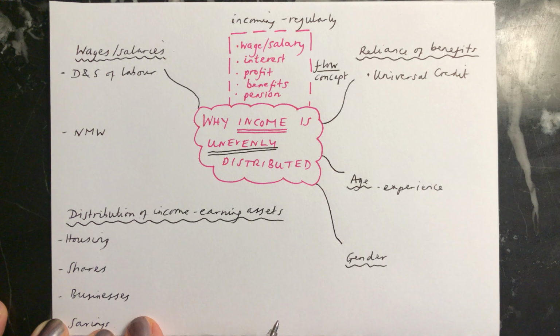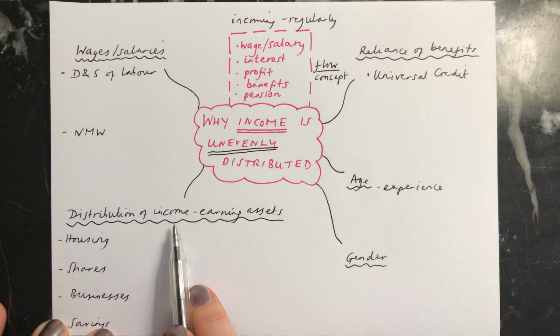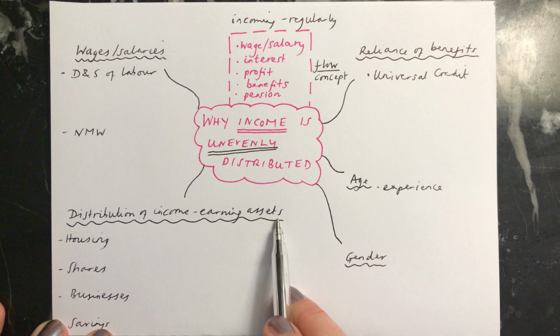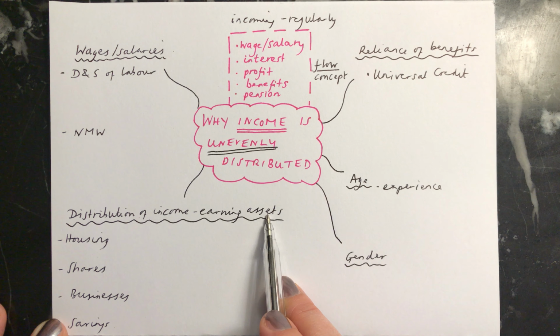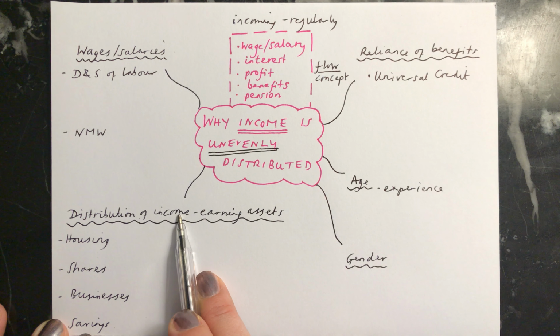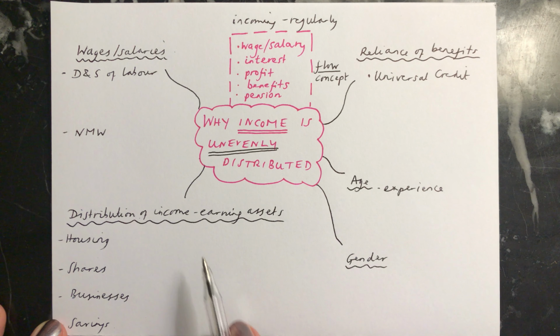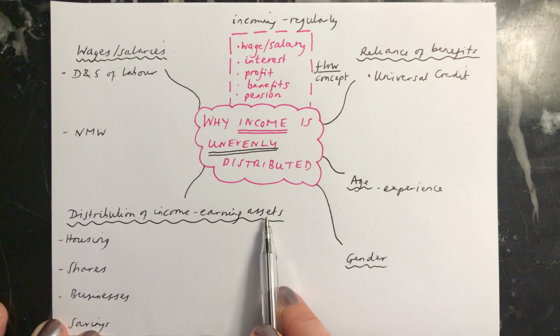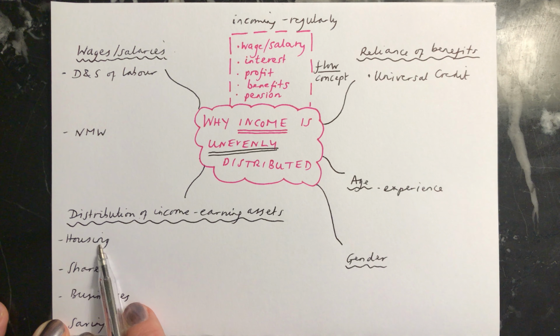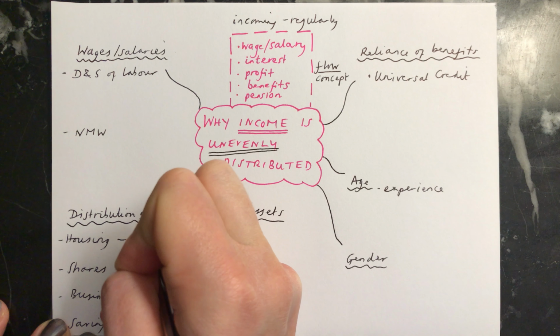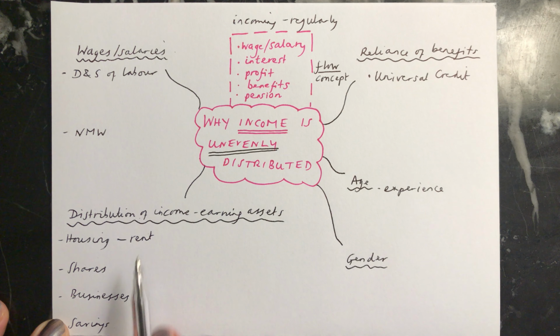The final one, which is a bit more detail, is about the distribution of income earning assets. We learnt in one of the previous videos how the other type of way that you can get money is you can own assets, and when you own an asset, it can give you an income. And this is one of the big reasons why some people are getting much bigger incomes than others. Some people own a lot of assets, and when you have the assets, you can often earn an income from the assets. So for example, if you own a house, a second house, so you live in a house but you own a second one, you can earn rent from renting that out to other people, and this would be